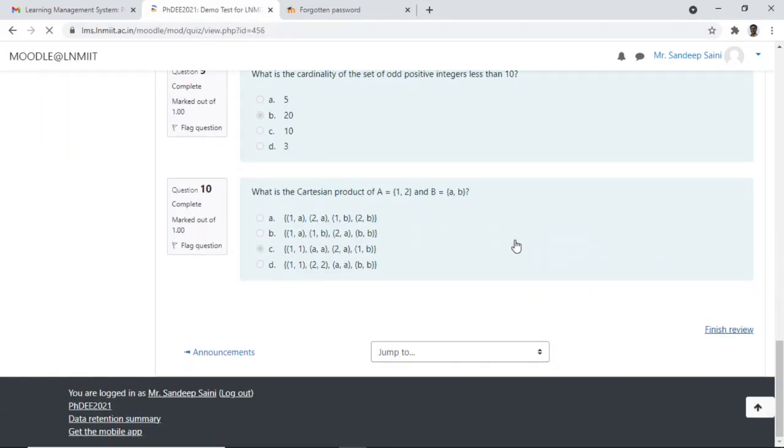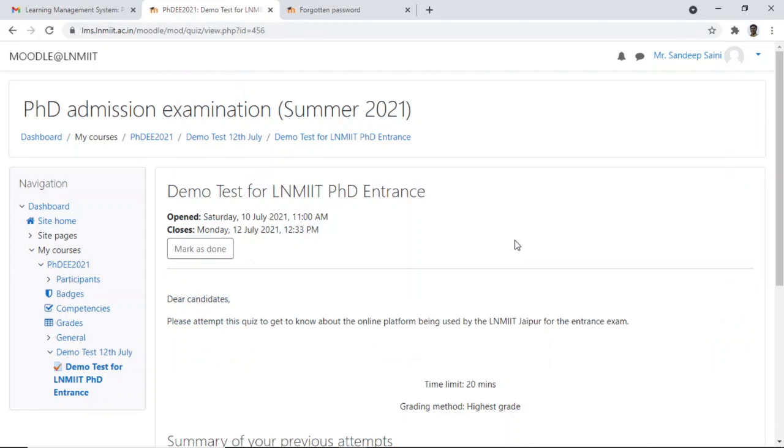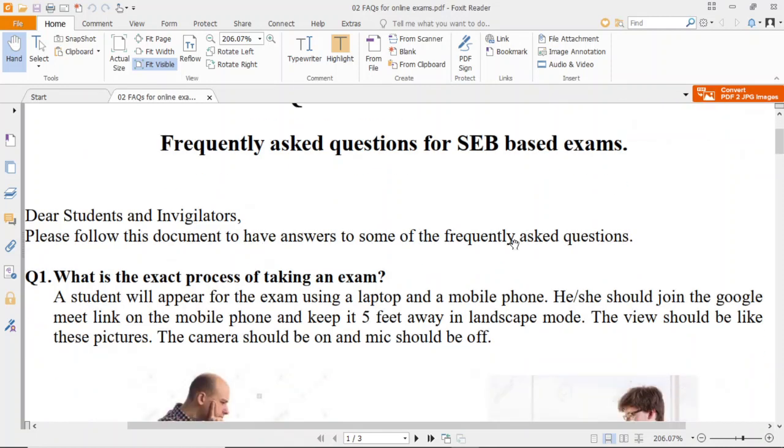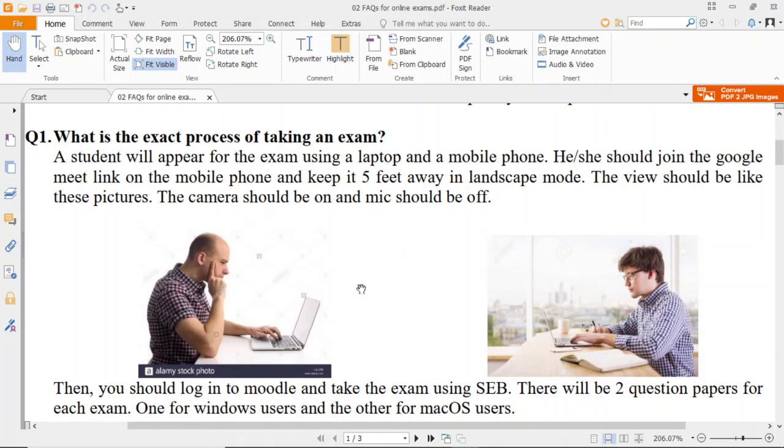Okay. Now there is an important question, that how do I set up my camera for invigilation? For the invigilation purpose, you have to set up your camera, log in with your Google Meet credentials on a mobile phone or a laptop, and keep that at least 4 to 5 feet away from you, so that we can see this kind of front view.